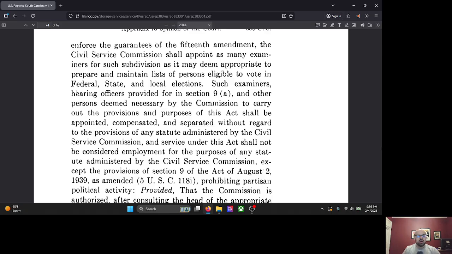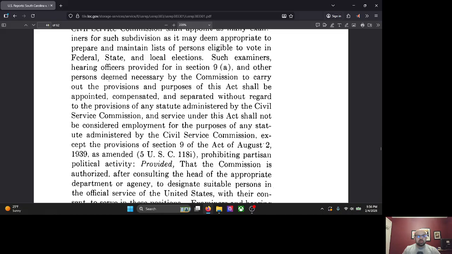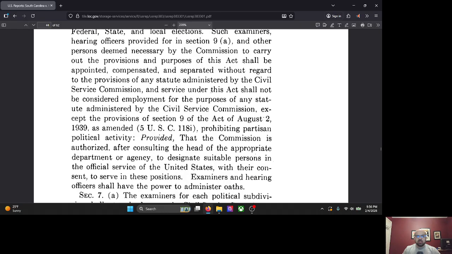Such examiners, hearing officers provided for in Section 9A, and other persons deemed necessary by the Commission to carry out the provisions and purposes of this Act shall be appointed, compensated, and separated without regard to the provisions of any statute administered by the Civil Service Commission, and service under this Act shall not be considered employment for the purposes of any statute administered